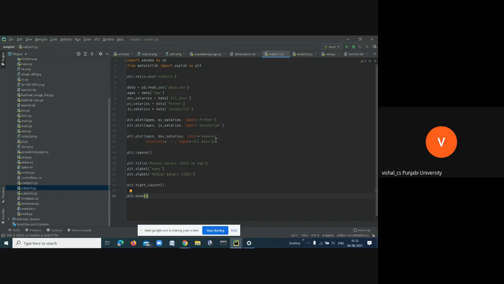In the previous classes, we were using plots. We are using the dot plot, this one, to plot our lines. What is this plot? This plot is simply an object of pyplot. We are using this plot